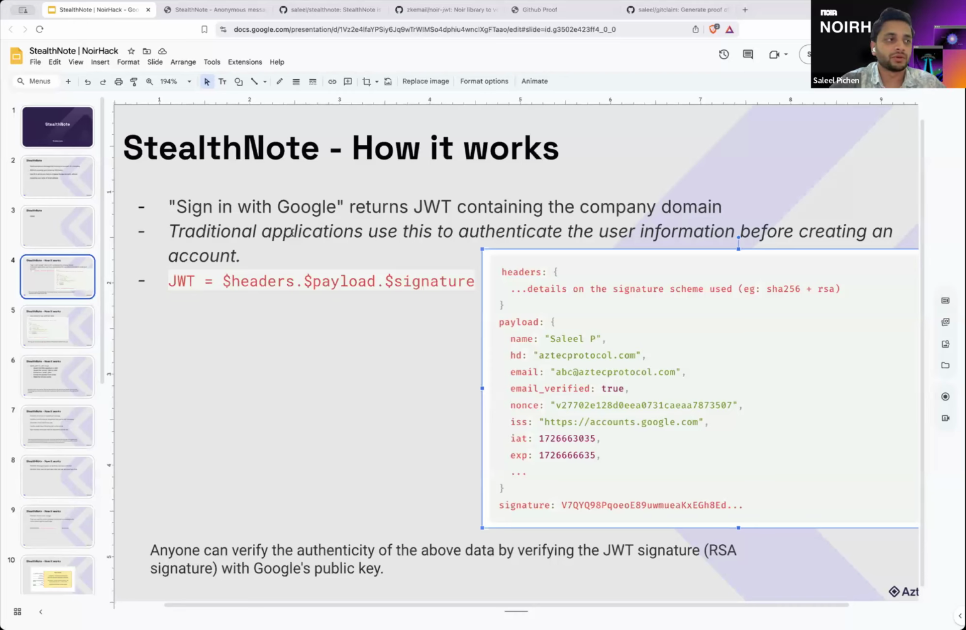So if you're signing into a traditional Web2 app and you sign in with Google, that application can receive this data from Google. It contains the name, your email address, some extra data, and there's a nonce, which is a random number, and the expiry date, and this is issued by Google. Usually applications use this to verify a Google account, and this is what happens when you sign in with Google in other applications. But this JWT,